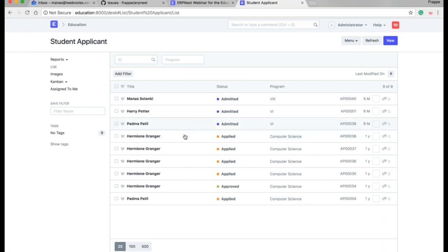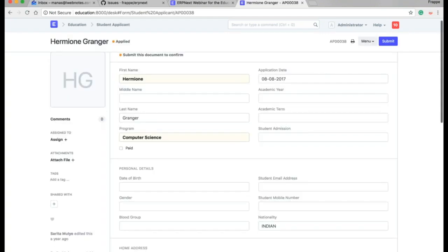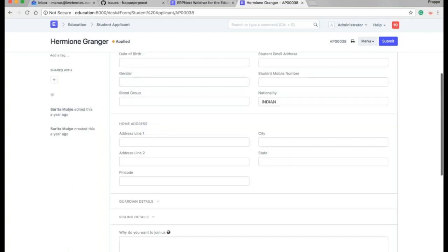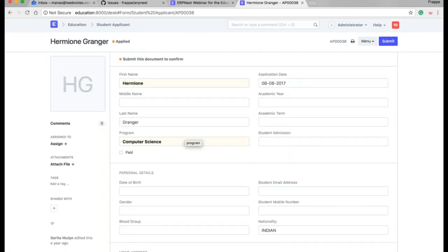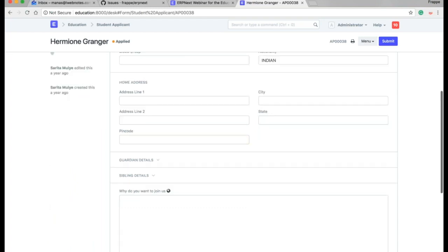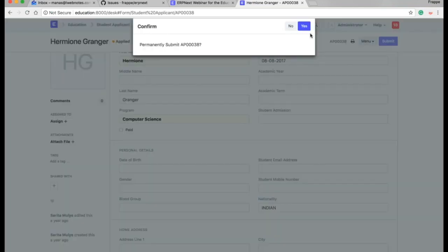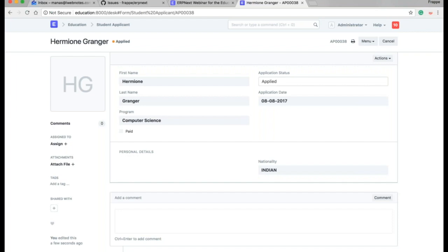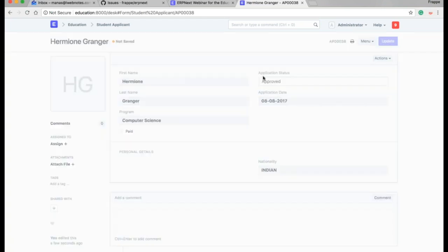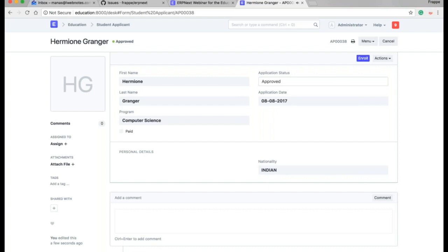Let's take the example of this particular one. If they applied from the student portal, it will come here, and accordingly the processing of these application forms can be done from here. Once you submit this student applicant, after that you can either approve or reject this particular student. If you approve this student applicant form and update it, it will be approved. After approving a student application form, you can enroll it